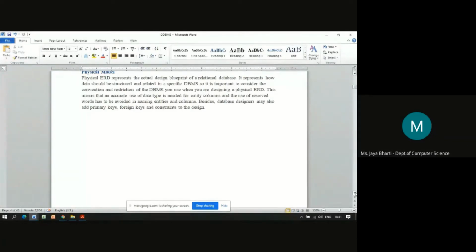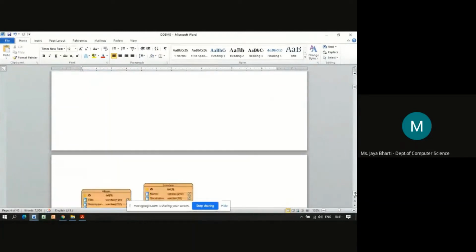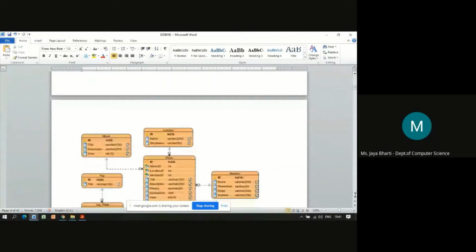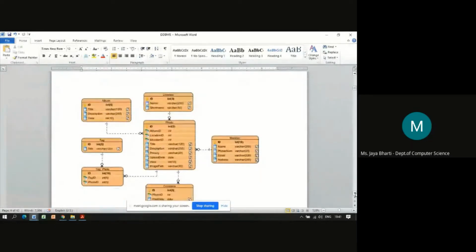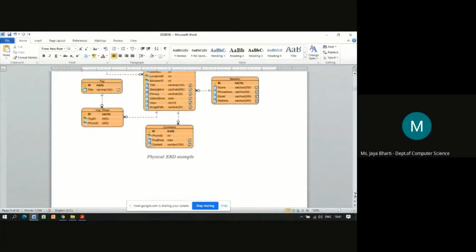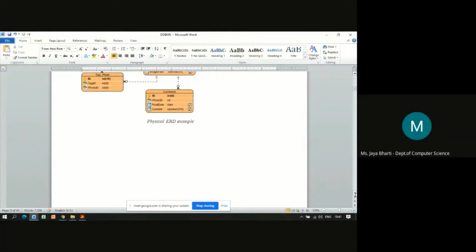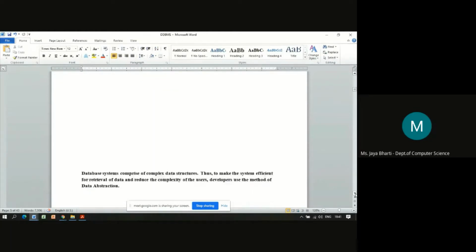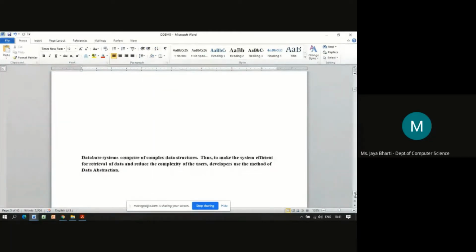Remember, understood? So the physical ERD shows the more advanced detailing of that particular table structure or database structure. This is just a revision of what is a schema and everything.